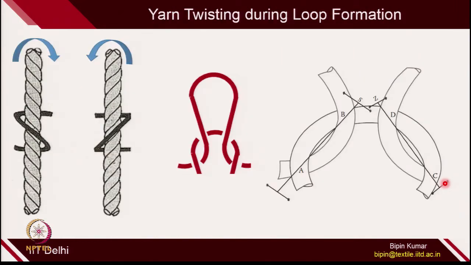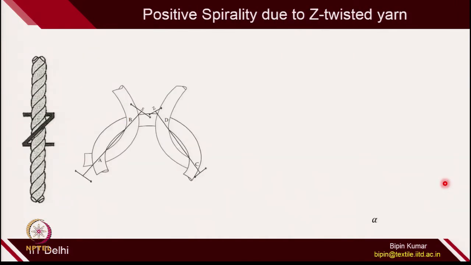So, this is called spirality. Spirality can happen in two ways. One is positive spirality, when you use Z twisted yarn in the fabric. If you are making Z twisted yarn on the fabric, then on the left side, because you are giving